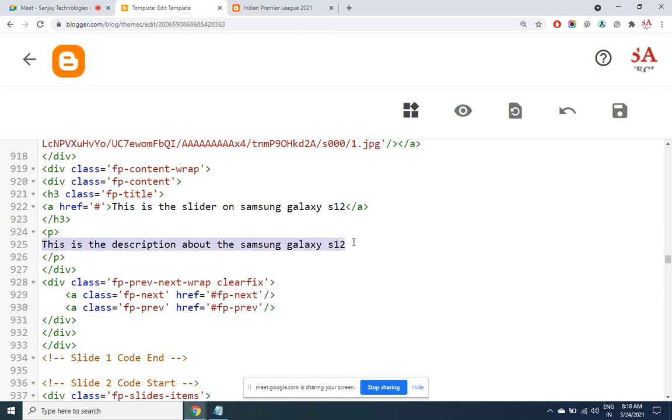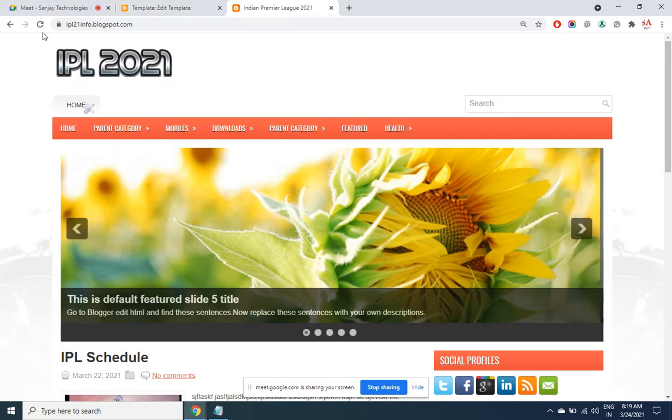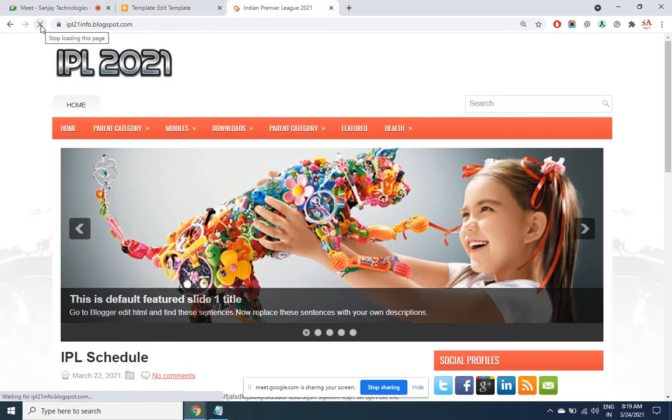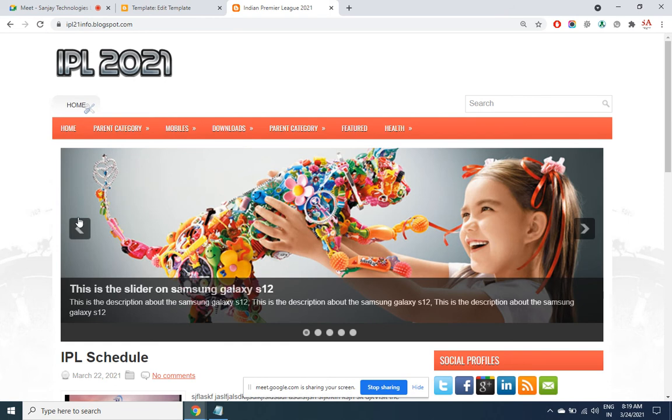Let me copy paste the same thing, just that it should look full of content. So I click on save. Now the content on the slider has to change. This is a slider on Samsung Galaxy S12, and that's how the description is shown here as we have stated there.